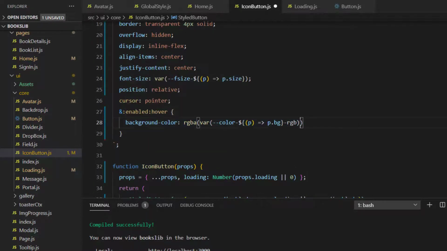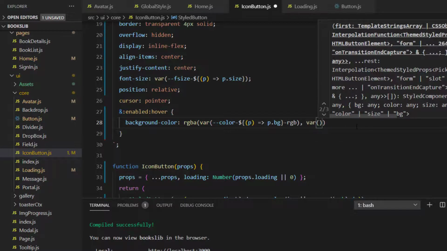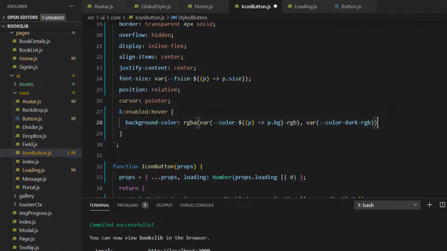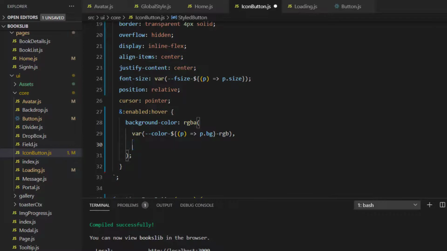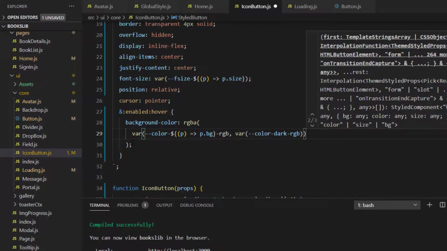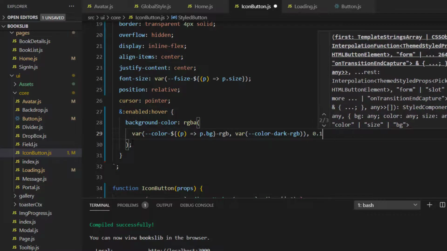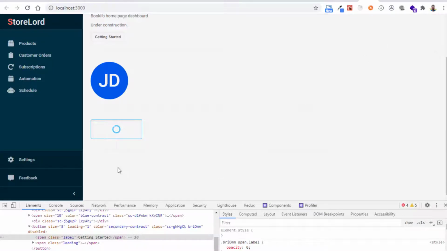Now here, in case the color doesn't have the variant RGB, we'll use our default color dark, so it will be color dash dark dash RGB, which we are sure it has the RGB variant. This one needs to be inside the var. So, and next we'll be adding the transparency, which will be 0.15. Now if I have a quick look,